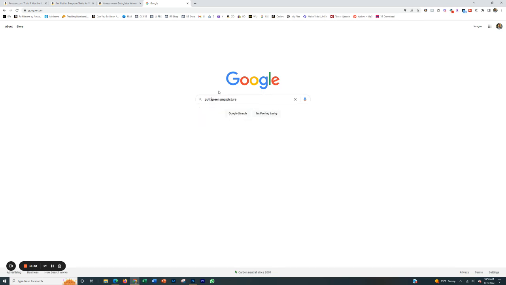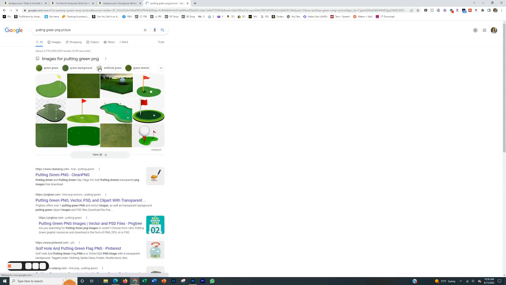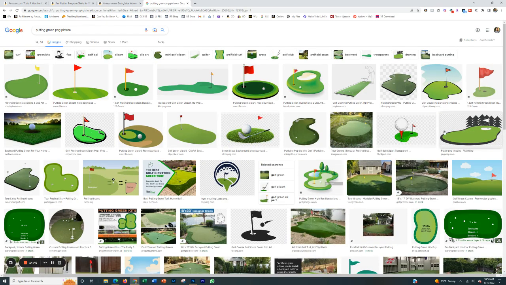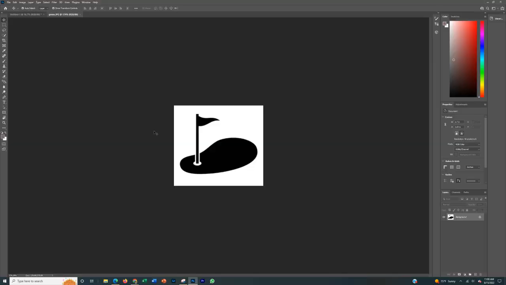Or maybe putting green PNG picture. But if you want to play it safe, I would use royalty-free images unless you're pretty sure that obviously that's not something that's going to be copyright. So let's find one that's kind of transparent. All right, so I found one. So now basically what you want to do is I found one, but I need to take the image out